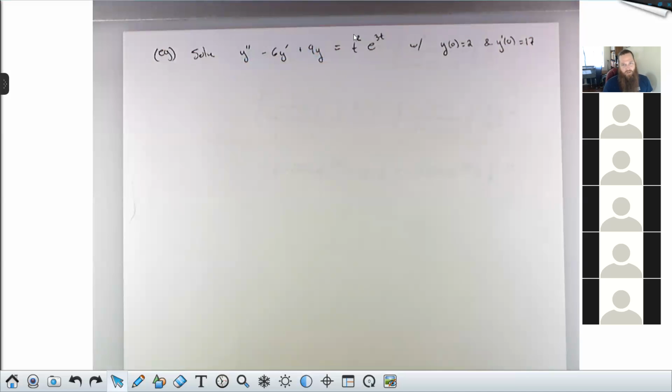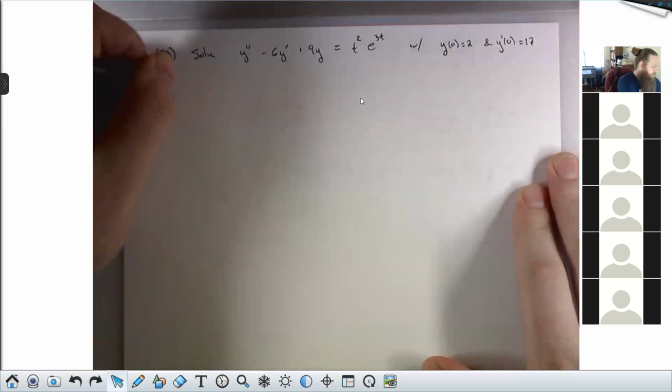So your particular solution would be even gnarlier. You'd have to assume a general cubic polynomial times e to the 3t, then plug into your ODE, which requires lots of product rule derivatives, solve for those missing coefficients, plug in your initial conditions, then build another system to solve for C1, C2. A nightmare. However, if you begin by taking the Laplace transform of both sides,